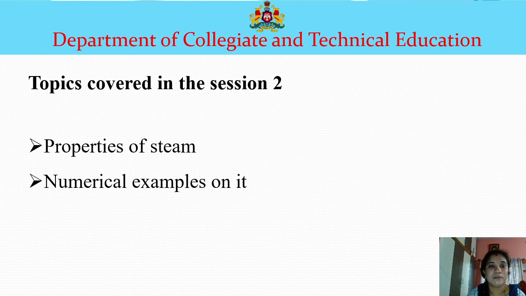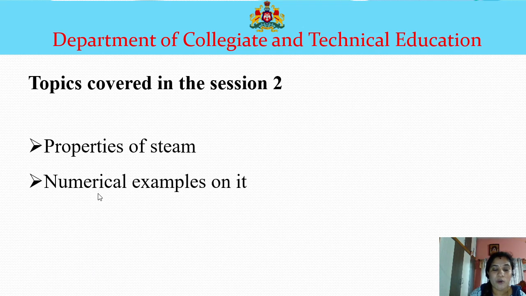In this particular session, we're going to study about the specific volume of a steam. So in the previous session, we studied the various properties of steams like the sensible heat, the latent heat of evaporation, the dryness fraction. The fourth one was which one? The degree of superheat and enthalpy of water, enthalpy of wet steam, enthalpy of dry steam, enthalpy of superheated steam. So these were the properties that we covered in the session 2.